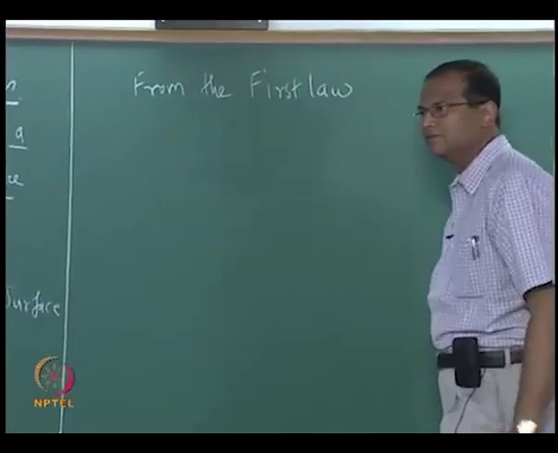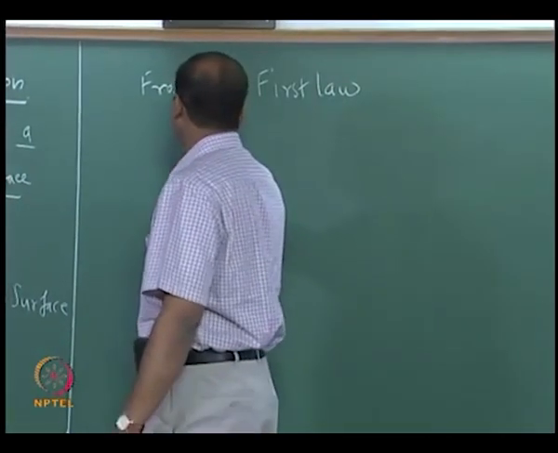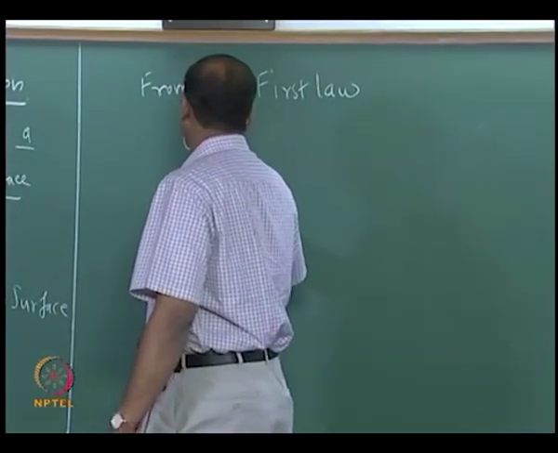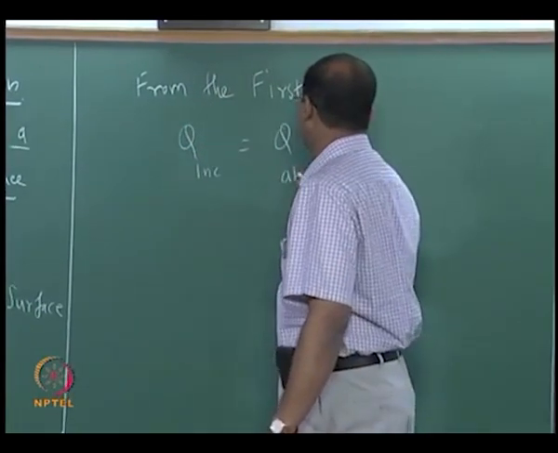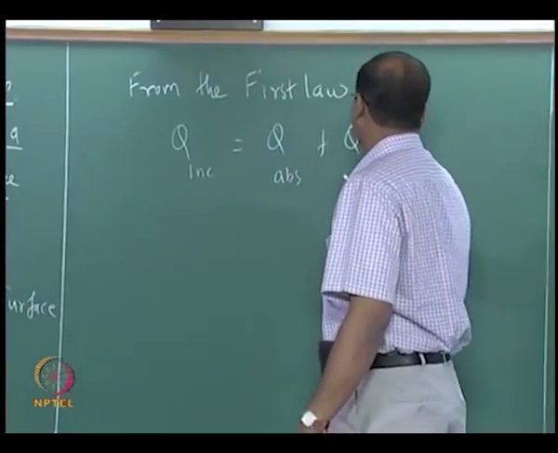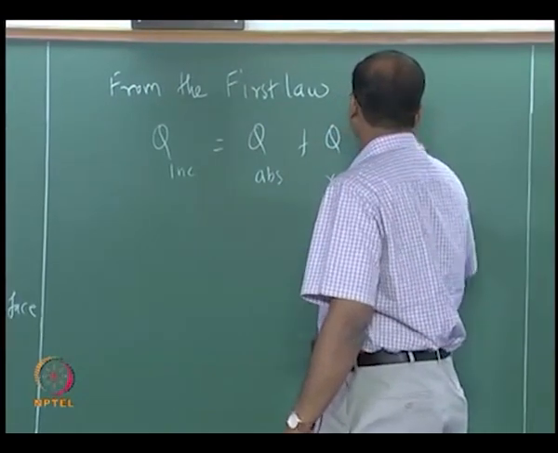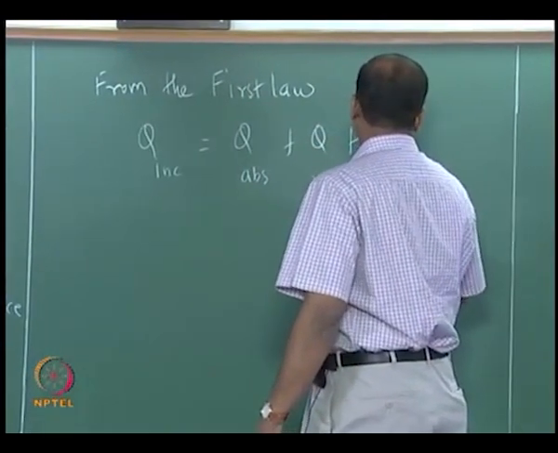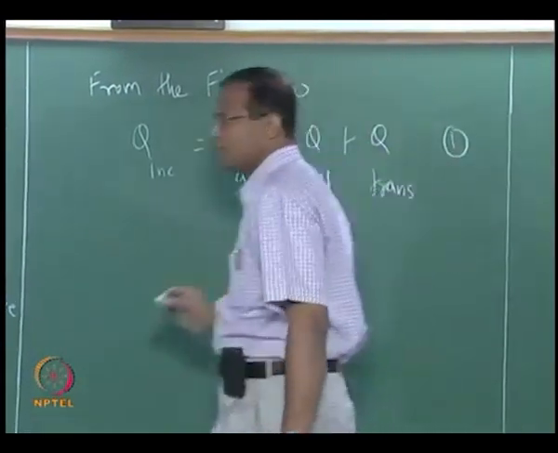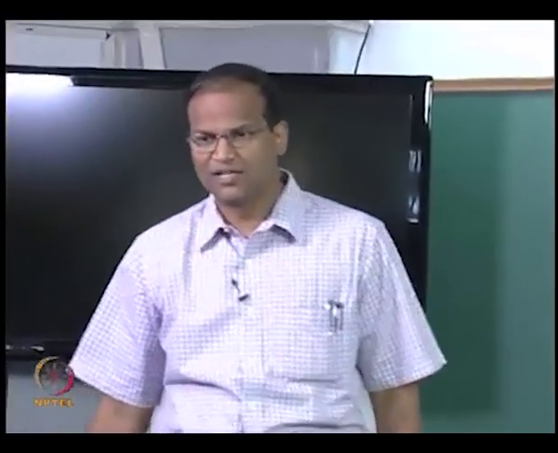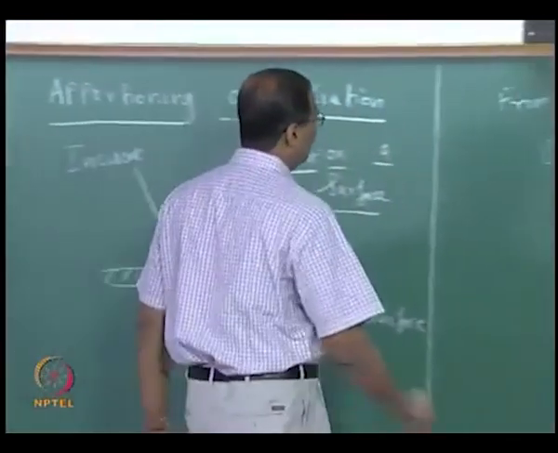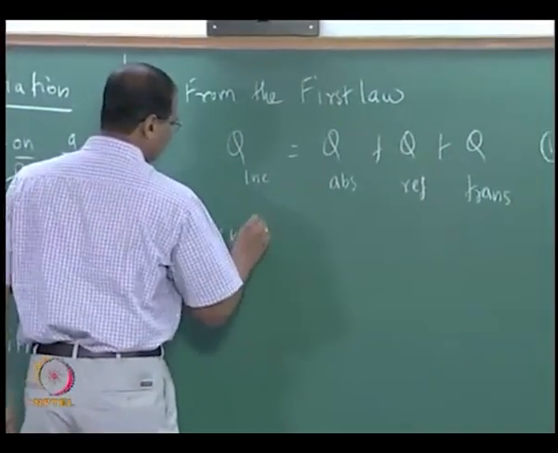From the first law, Q incident equals Q absorbed plus Q reflected plus Q transmitted. ABS is absorbed, REF is reflected, TRANS is transmitted, okay. So dividing by Q incident,